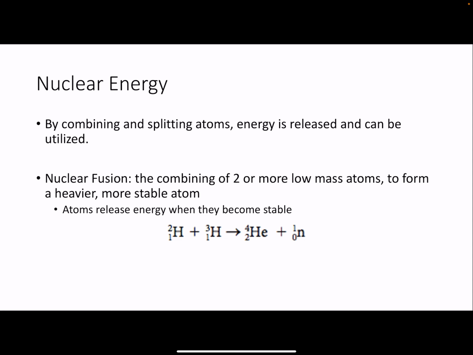So lots of examples here. When we combine and split atoms, energy is released, and this is one of the ways that we actually generate our electricity. So nuclear fusion, which is not how we generate our electricity, is combining of two low mass atoms to form a heavier atom. This is the goal of energy production, right? And when they become stable, they release lots of extra energy, which makes them exothermic. This energy that gets released, we would try to utilize for electricity, turning a turbine to generate electricity